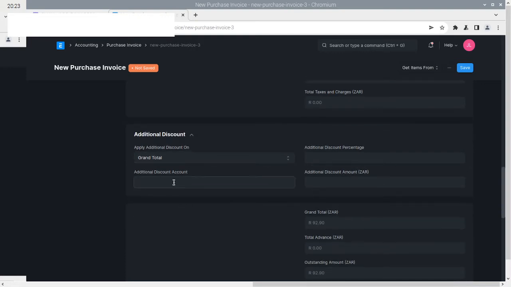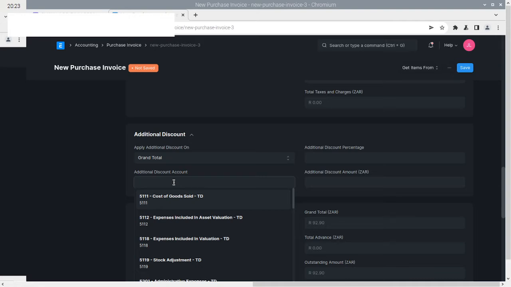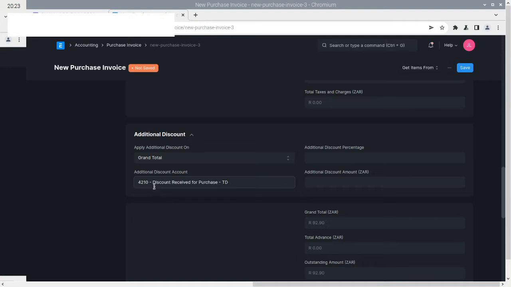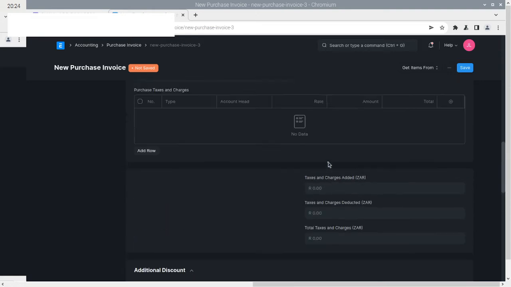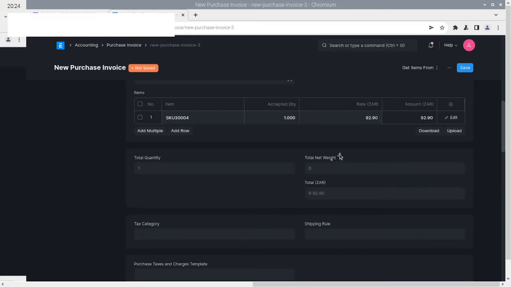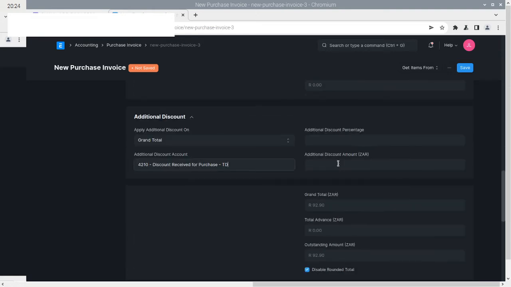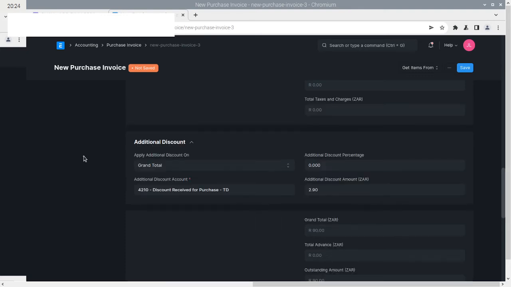Then, of course, you use a discount account. Now, I've created one under indirect income. You'll see it's under 4,000. So there's a discount receipt for purchase account. And now let's make the discount R2.90, just for the fun of it. So we say R2.90. That's our discount. Now, if I save and submit this,